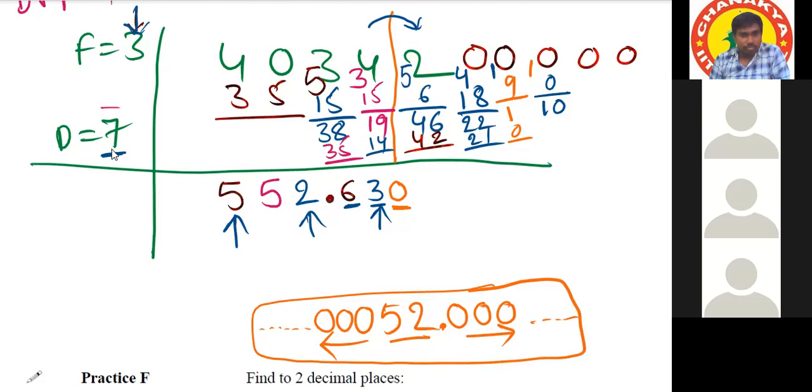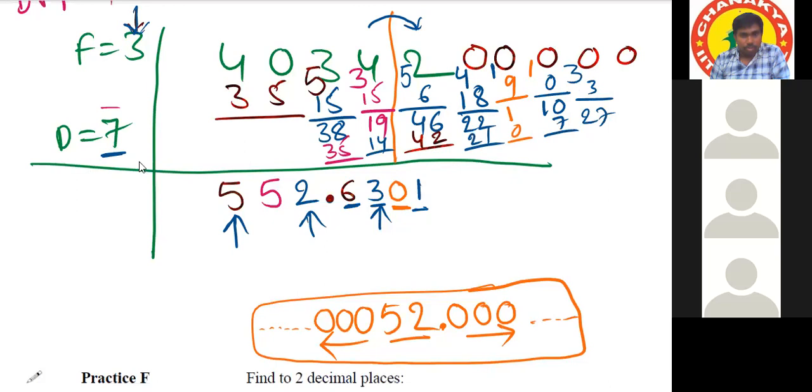Sir, 1 time. 7 one time is 7. What is the remainder now? 3. But write this 3 before the next digit. It will be 30. Now the number becomes 30, and go with the flag multiplication. 1 3 is 3. 30 minus 3 is how much? 27. In 27, how many times will 7 go?